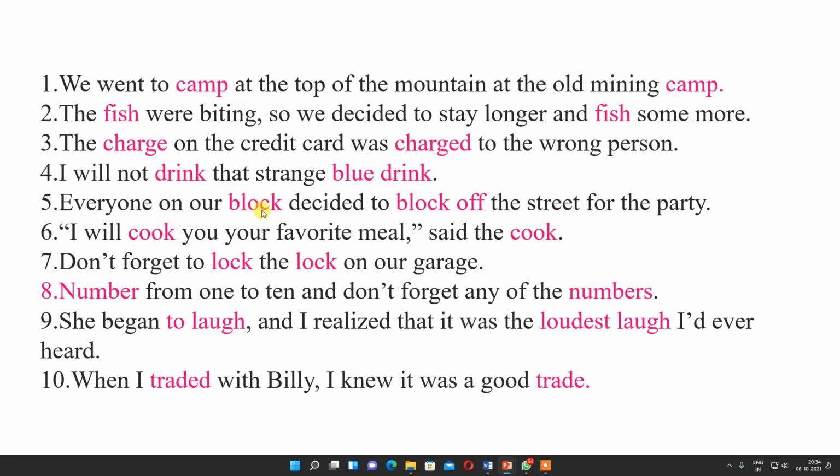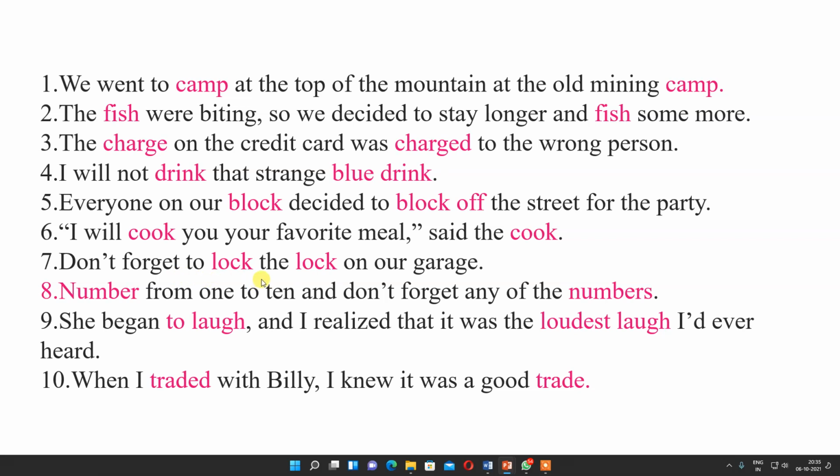Everyone on our block decided to block off the street for the party. Our block is a noun, and block is the verb. I will cook you your favorite meal, said the cook. Here cook is the name of the person who is doing cooking, and to cook is an action.